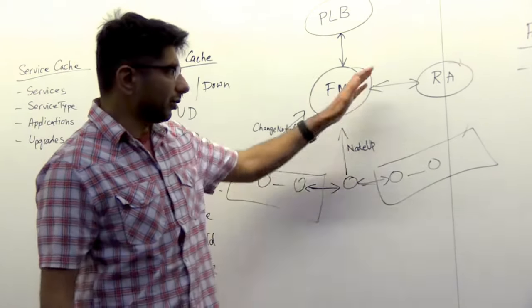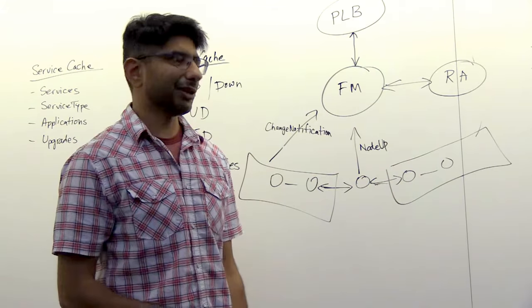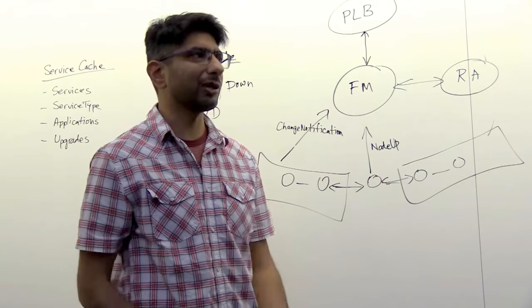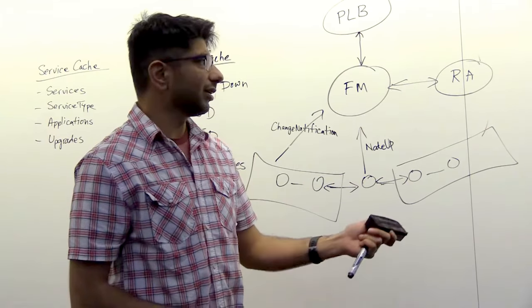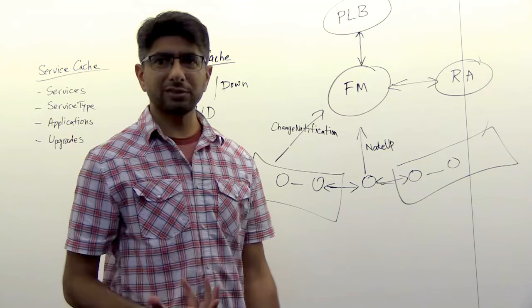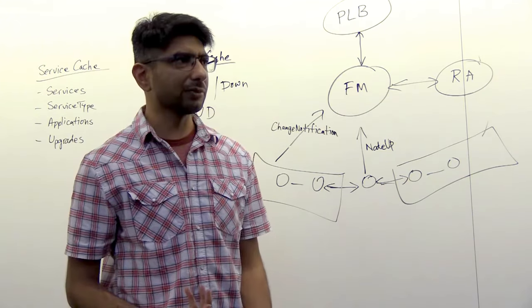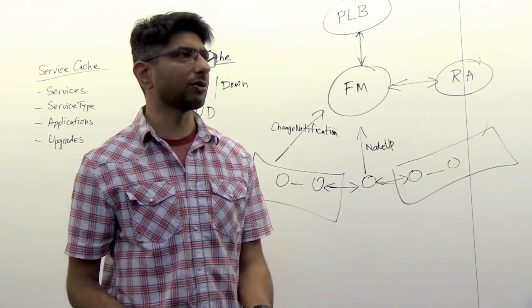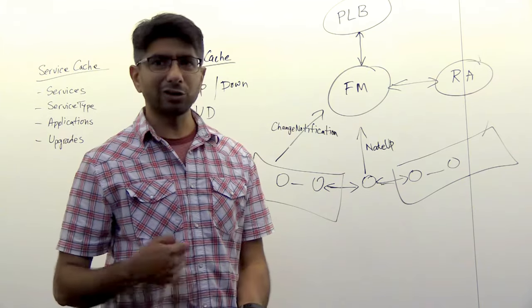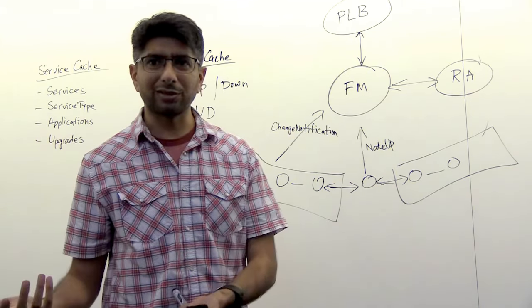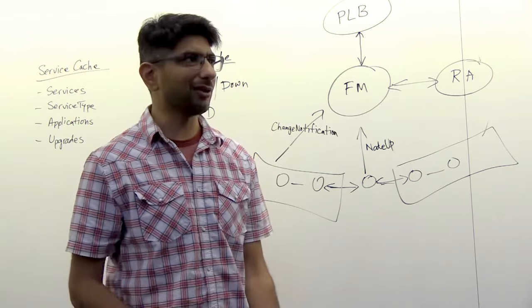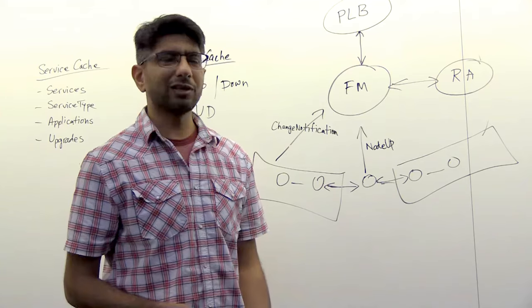Now the call goes to RA, and you can tell me if this has already been covered or not. RA would say, I have this replica that I need to create, and this is the associated code package, but I don't have the code package. So it asks hosting to start this code package. RA is working with hosting, and hosting says I don't have it. So then hosting goes to the